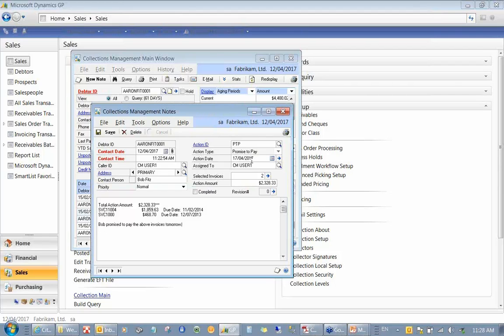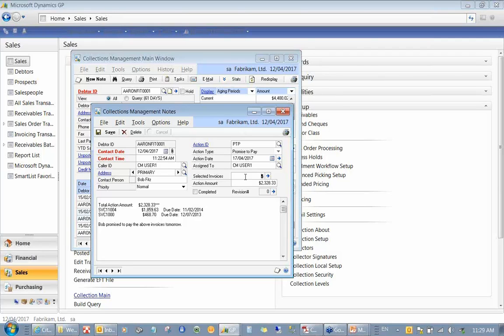So this is why, by default, if the contacting day today is, if you look at my screen here, system date down the bottom here, it says 12th of April 2017, then the action date, by default, the system calculated to put another 5 days onto it because that comes by default from the action setup I showed you before. Then this task will show up in your reminders list,